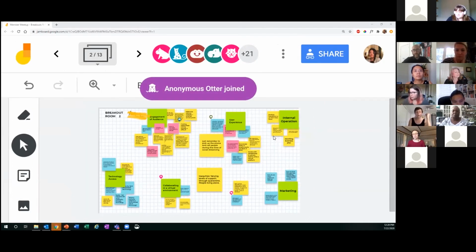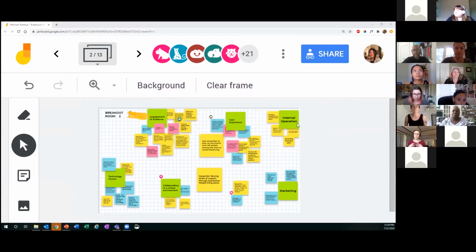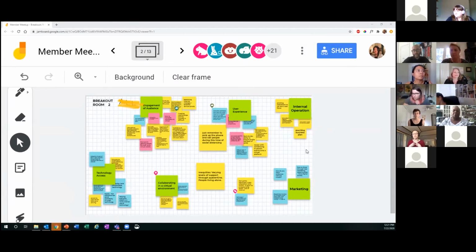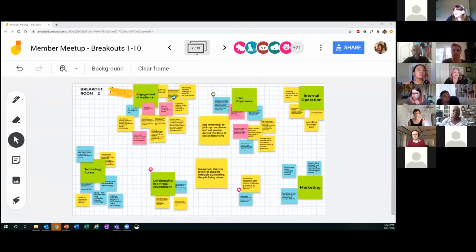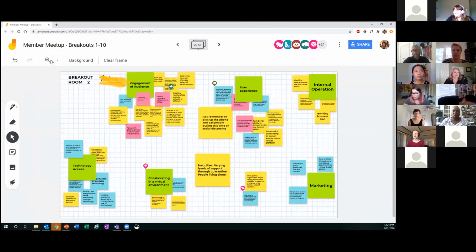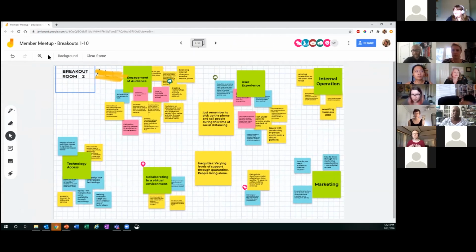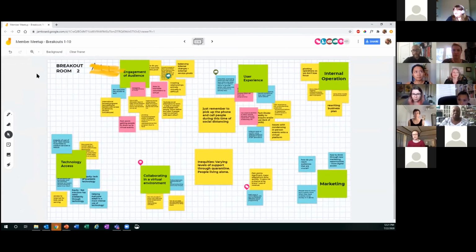But it's usually individualized. It's an individual experience of interacting with whatever it is you're interacting with. So your interaction with the Jamboard is one example. A virtual event, the experience you have as an individual, is another example. There are all kinds of things that go into UX, but in this case, we're being a little more targeted on that interaction piece and your experience of that. Does that help?